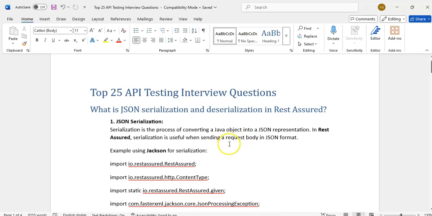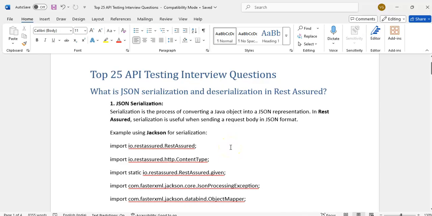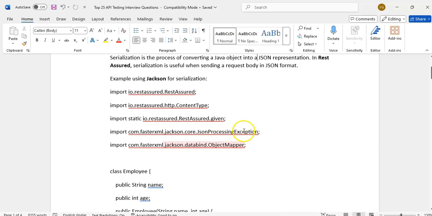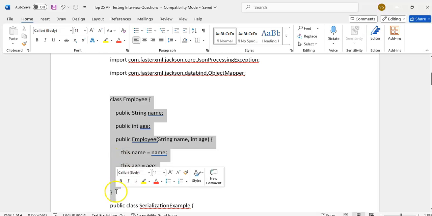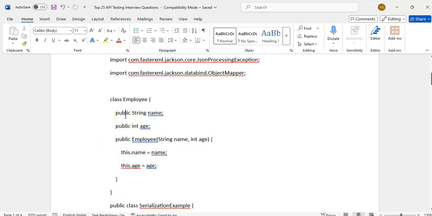When I want to send a request body in JSON format and execute a request, we convert our object into JSON. Suppose I have an employee object; I cannot send it directly as an object.